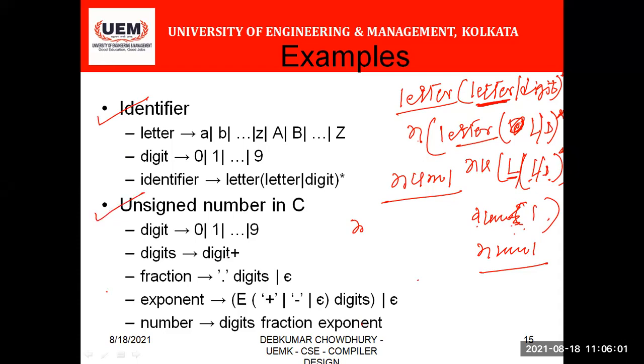Next is unsigned number in C. Unsigned numbers in C are generated by the following distinct rules. Digit is represented by 0 to 9, all of them separated by the or symbols. Digits produces digit plus, where each digit can be replaced multiple times. Next is fraction. Fraction is represented by dot followed by digits, or epsilon or null character, because in case